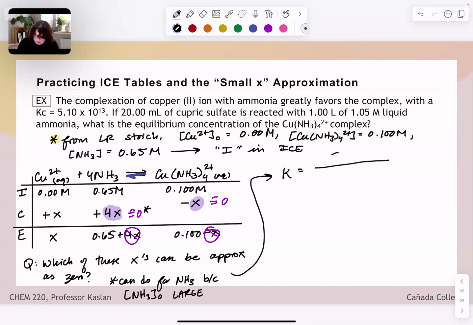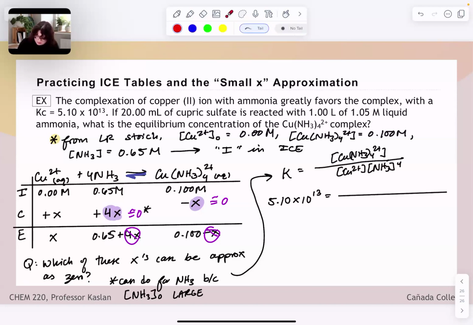the concentration of Cu(NH3)4 2+ over the concentration of Cu 2+ times the concentration of NH3 to the 4. This K value had a value of 5.10 times 10 to the 13. And if we plug in our equilibrium concentrations that we have obtained using our ICE table and also applying that small x approximation, in the numerator this becomes 0.100 molar. So we're assuming that there's no real appreciable change in our product concentration for this incredibly products-driven equilibrium